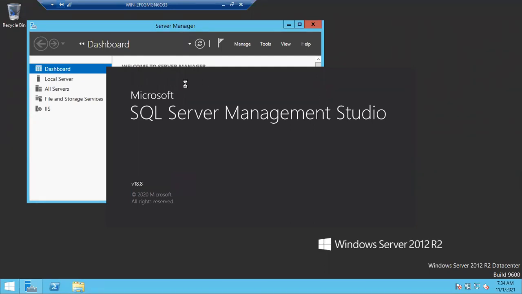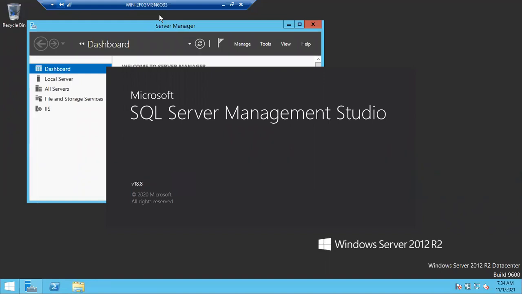Say for example, I have installed one SQL server on this server, 033. In that case, if I want to connect to this local instance, I can browse and choose it from the drop down. If you want to connect to another server, where SQL server is installed on another Windows box, imagine SQL server is installed on another Windows machine, 034.